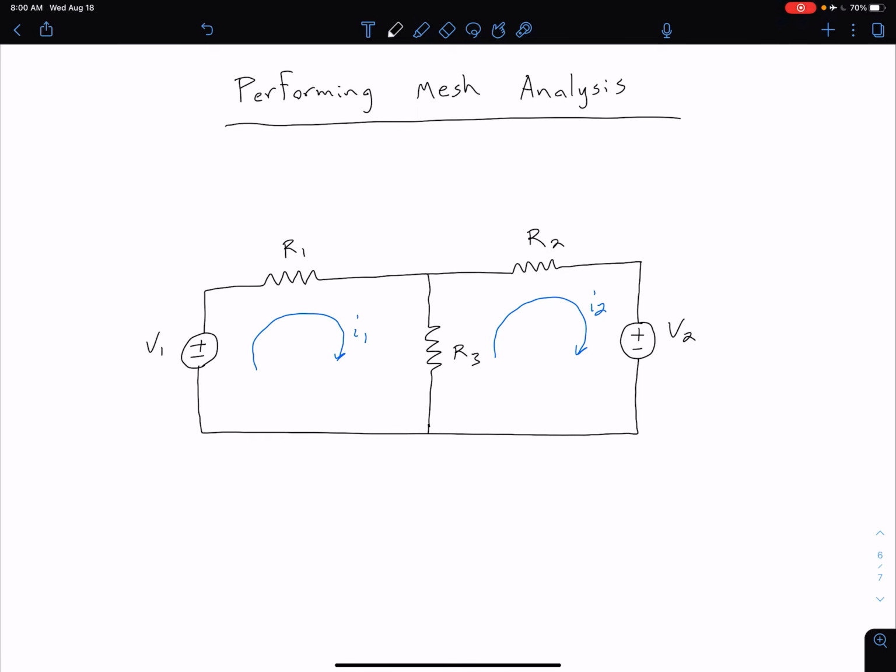At this point, we have a sufficient background understanding of the mesh current technique, and we're ready to look at an actual circuit and how we can perform those steps for our mesh analysis that we described in a previous video. For now, we're going to stick with this simple circuit which just has variables R1, R2, R3, V1, and V2,